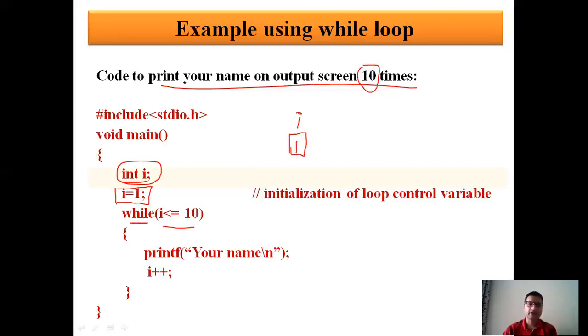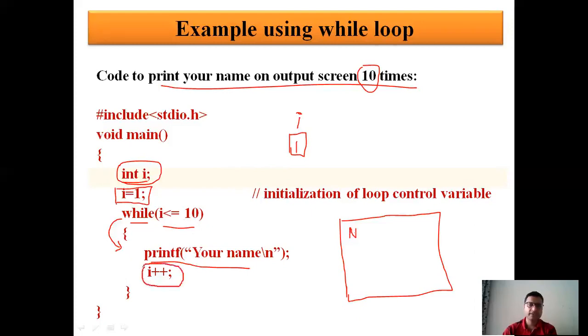Now you can check, 1 is less than equals to 10. Yes, that means condition is true, so control will go inside the loop. Here you can see I have written a printf statement. So if you have an output screen, a console, your name is going to print here. It will print my name as 1 is less than equals to 10. Now what this i plus plus is doing, basically I am doing the updation in the value of i. So i is 1, now it will become 2, right? So i is now 2.